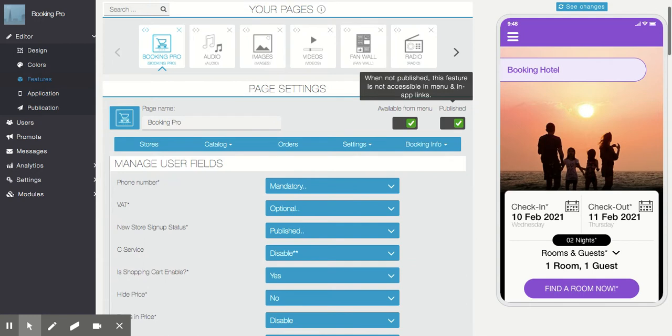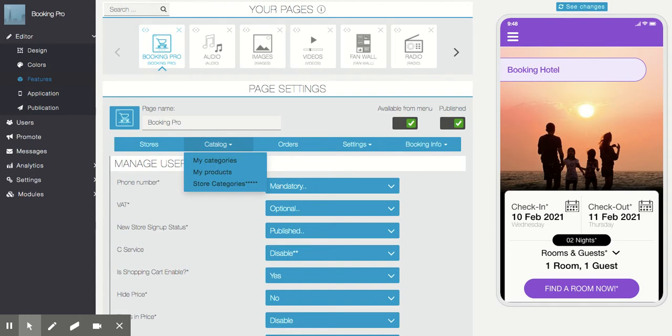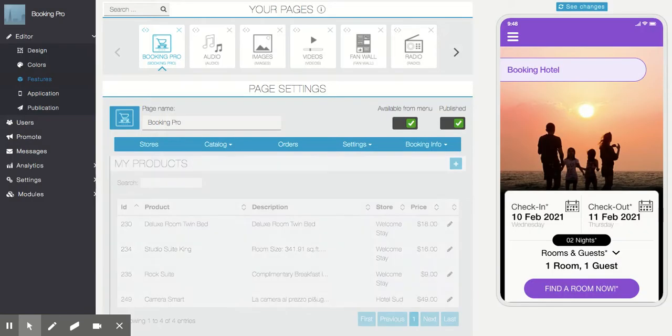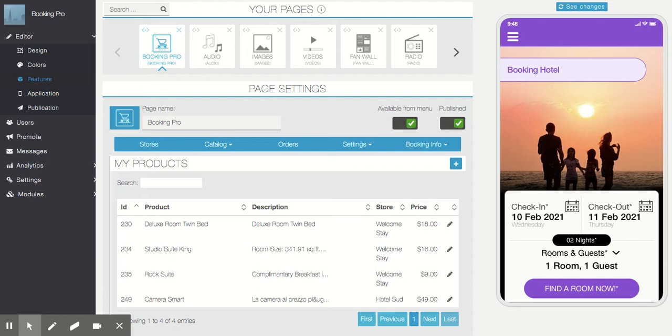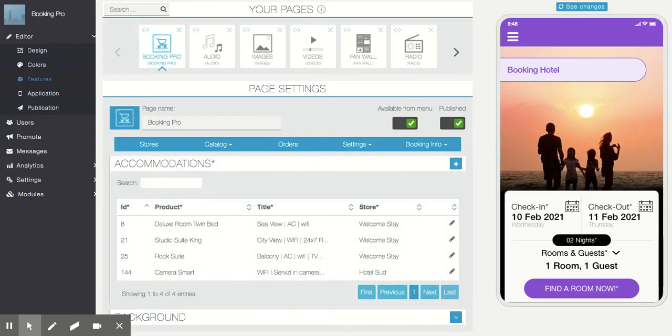Similar to Commerce Pro. Okay, and the difference that we have added is that in case of hotel booking, each product will be your room type. So you have to create a product for each room type. Suppose you have 5 room types, then you create a product for each one. Once you have created room types, you can create accommodations. Suppose I have two different types of rooms, and I have 50 accommodations of one type. So you can add accommodation here.